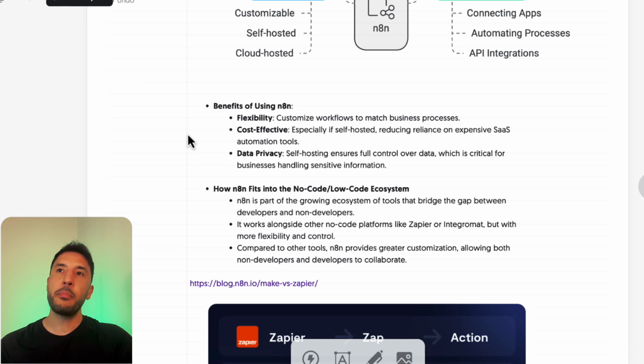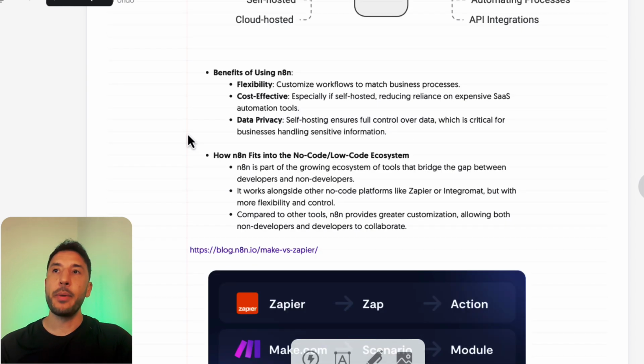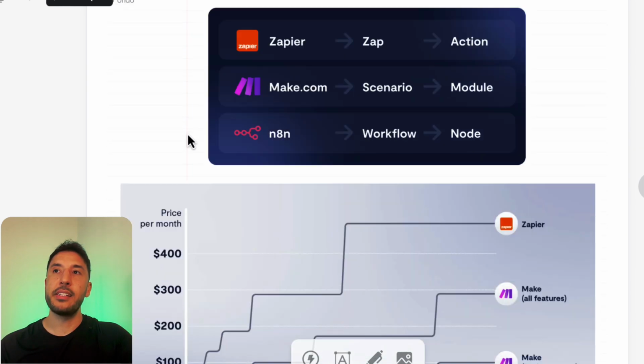And then on top of that, n8n is also extremely flexible, which means that it has existing native integrations with other apps, but on top of that, it also gives you access to tools that you can use to connect to third-party apps that it doesn't have an integration with. Another big thing, in my opinion, is the cost.